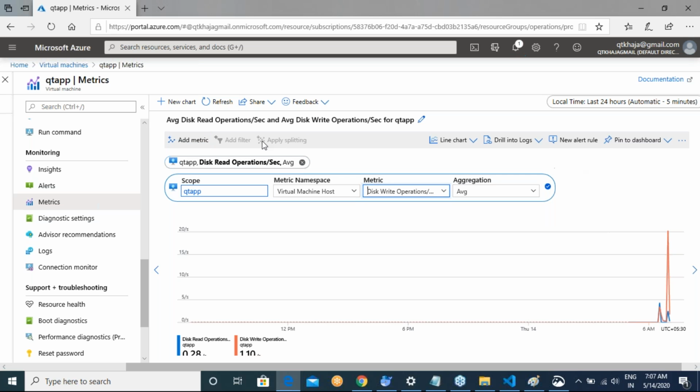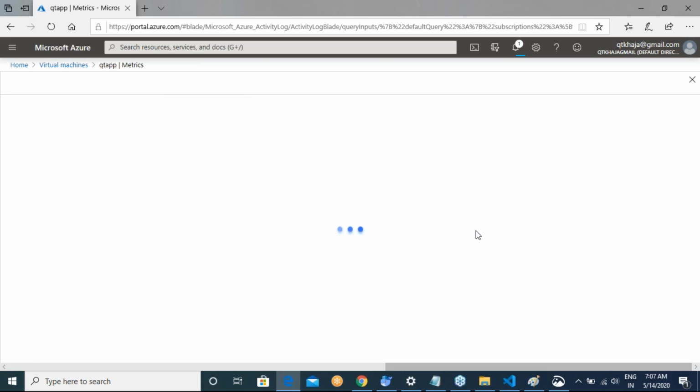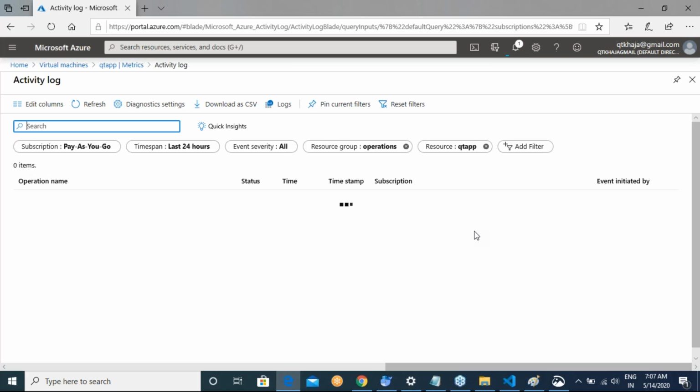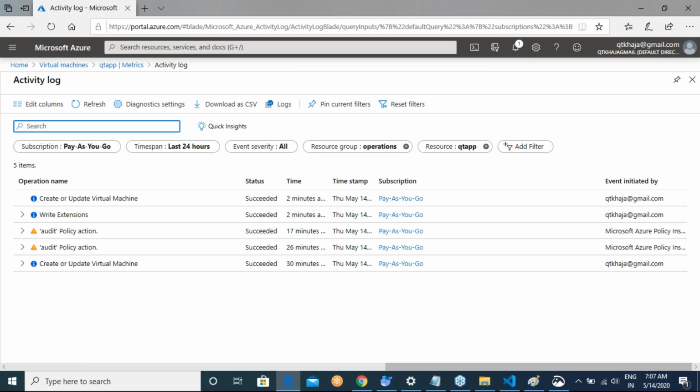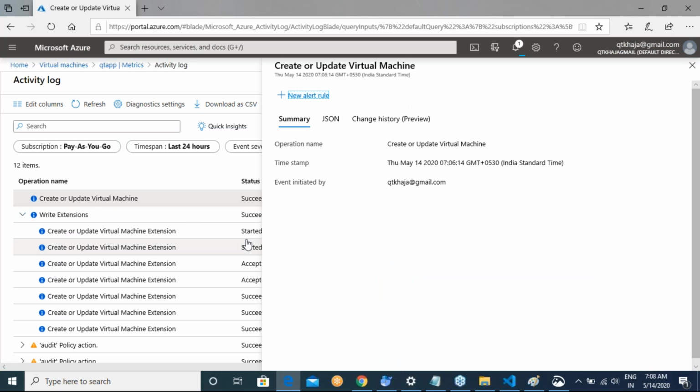Once you have this set up, from here itself you can get into the logs. Are you seeing the timestamp? According to this timestamp, you can see in the logs what are the different activities that have happened on this machine. Let us see what has happened. These are the different activities that were performed. This is a basic idea, basic kind of metrics, but you can go and enable deeper ones also.